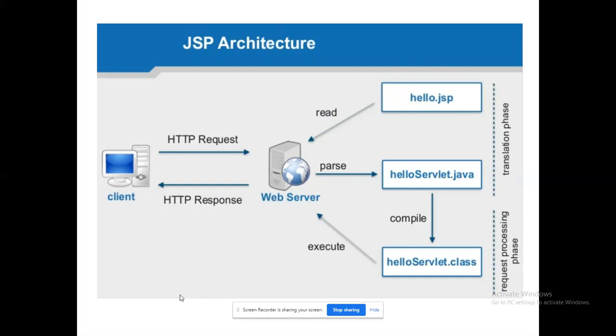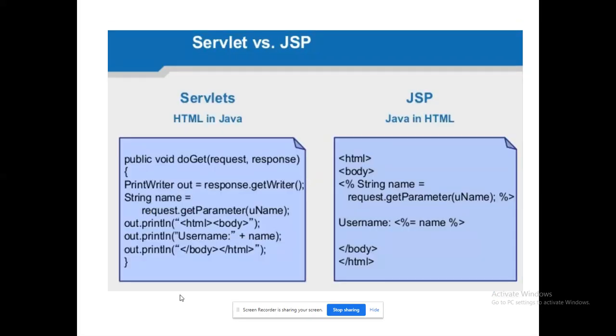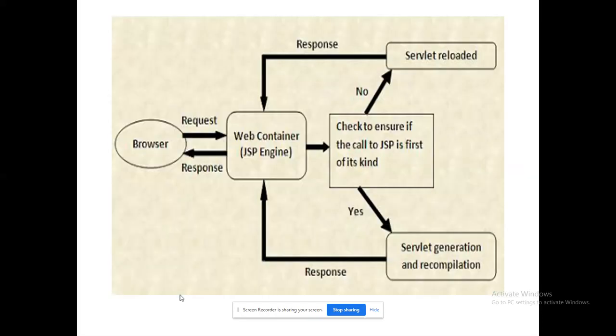My JSP program consists of both HTML and JSP code. The server will parse the HTML file separately and the Java file separately. The Java program will be compiled and will generate a .class file. The .class will be executed by the servlet engine. The result of the servlet will be embedded in the HTML file and sent to the client. That's the basic architecture of our JSP.